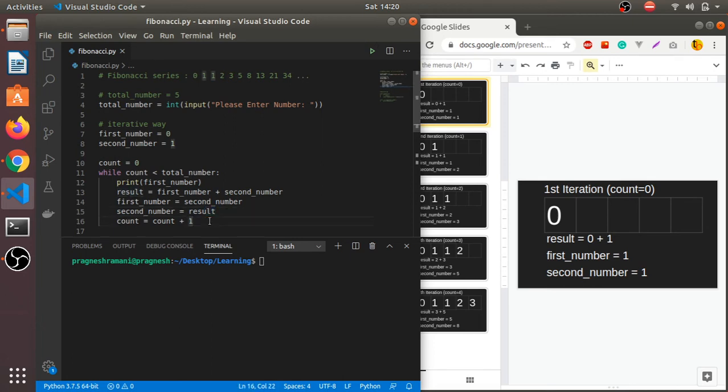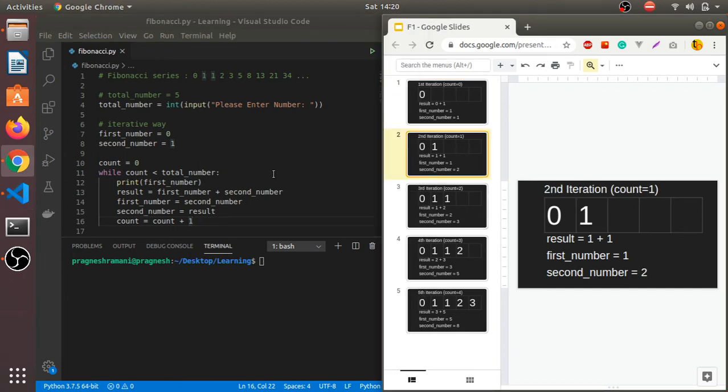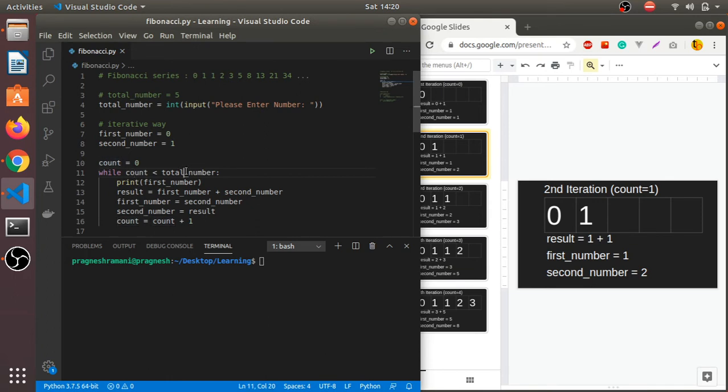And now we are incrementing our count variable. So now the count variable is 1, and we will check the condition. If count is less than total number, our total number value is 5 and the count value is 1. So it is less than, so we will come to the print statement, which will